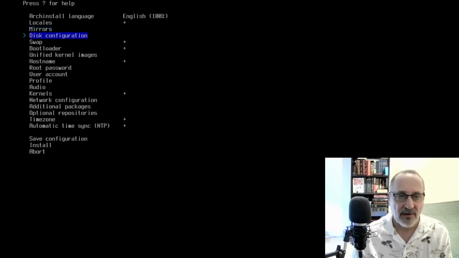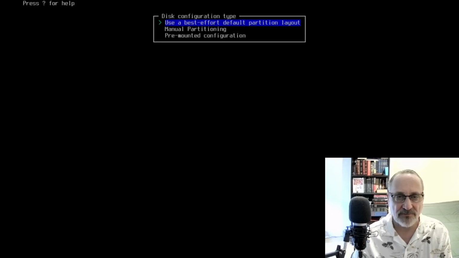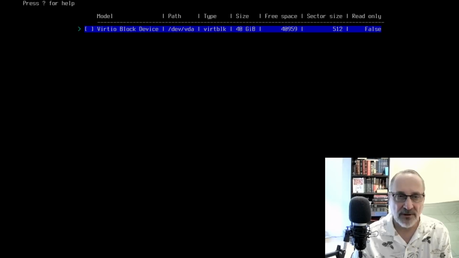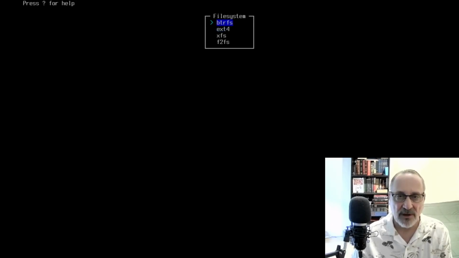Okay, and now I'm going to go to disk configuration, and I'm going to go to partitioning, use best effort default partition layout, and I'm going to put an asterisk there. It's a 40 gig virtual machine I created. Hit enter, and I'm going to make it ext4. Hit enter, and then I'm going to use my arrows to go back,